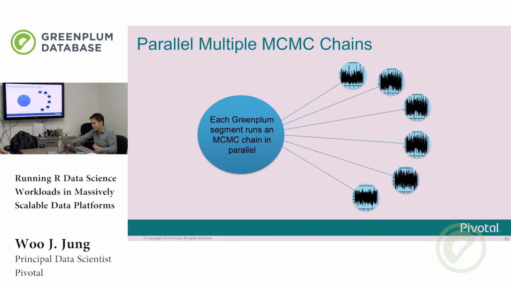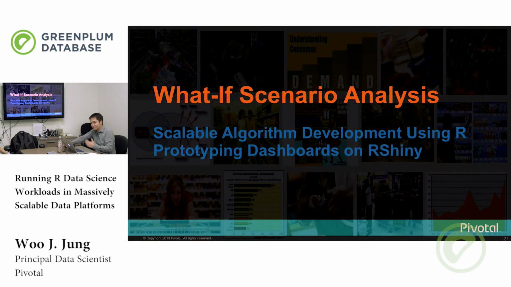Now, we've begun to scratch the surface of how you can extend the functionality of existing algorithms in R by using PLR on Greenplum. The next section is, I guess, the last mile, and now what we're doing is we're actually creating scalable versions of existing algorithms by using R helper functions